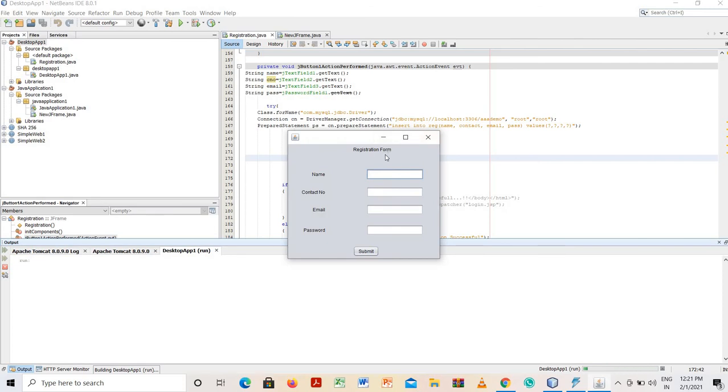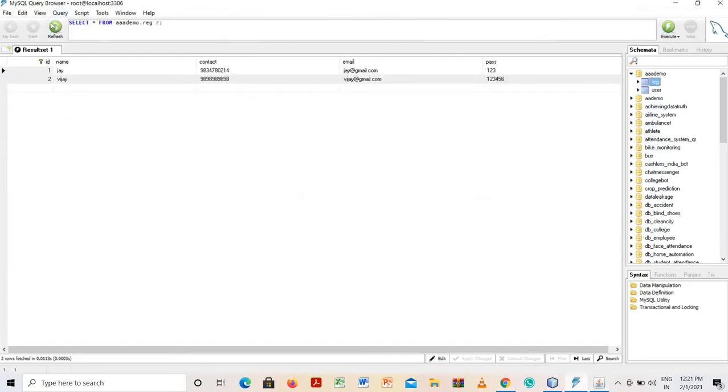So this is our registration form. I am going to fill it up. First of all we will check the database. There are two entries in this database, 1 and 2. Now I am going to add a third entry.